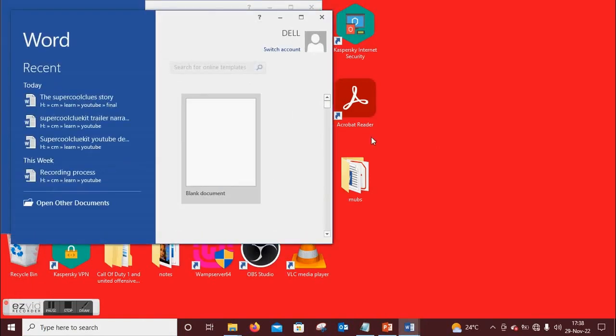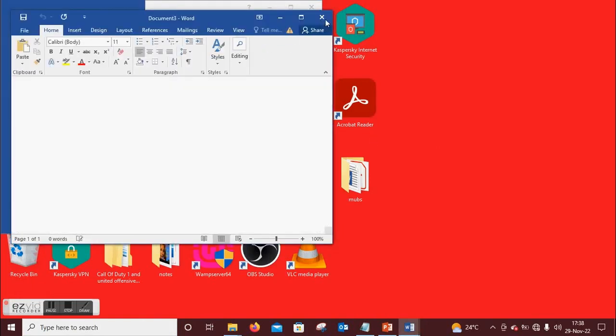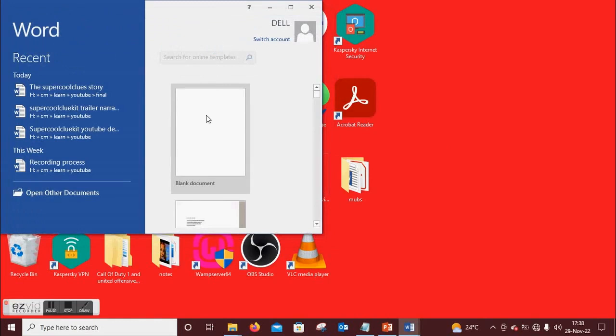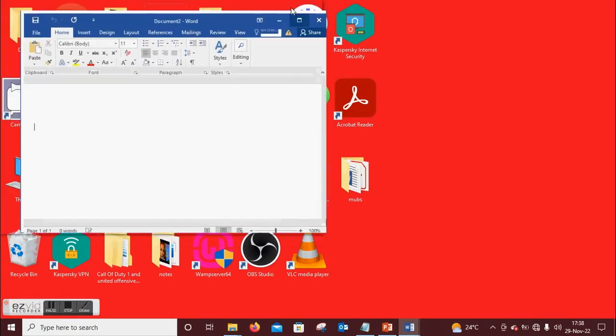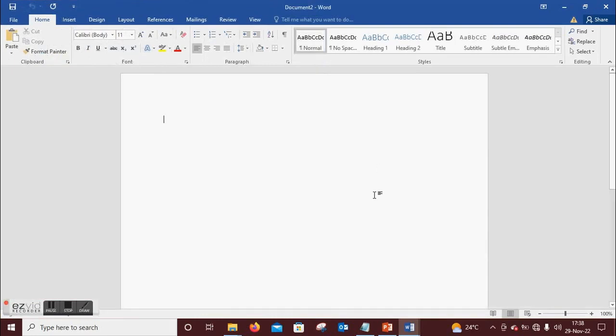Open Word, MS Word, the usual way. On my computer I have Word 2016. Double click here, then Word opens. You click on a blank document, so we're going to use a blank document. Just for the sake of this demonstration, I'm going to make this one bigger, so you have something like